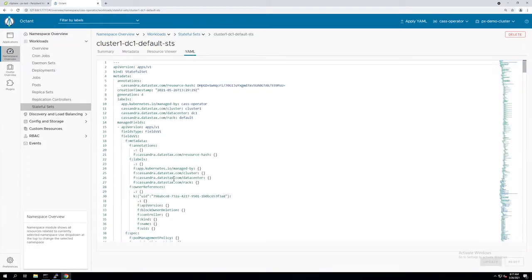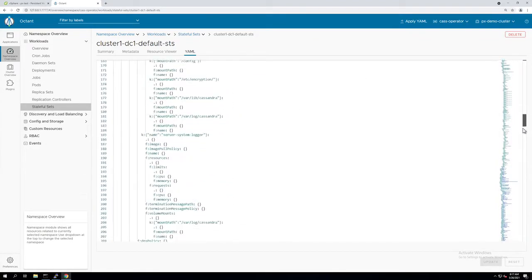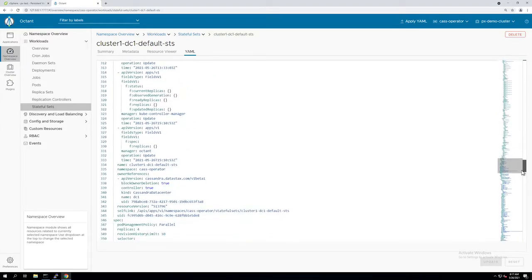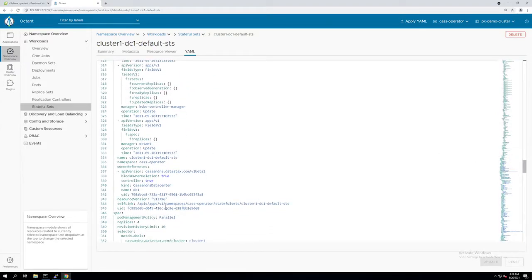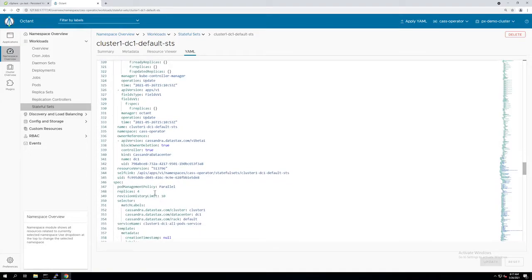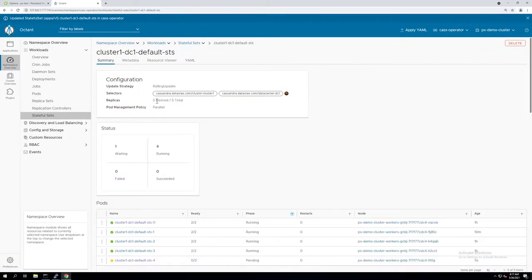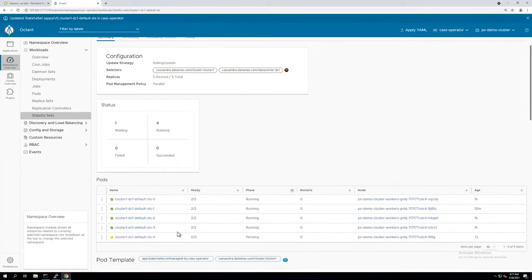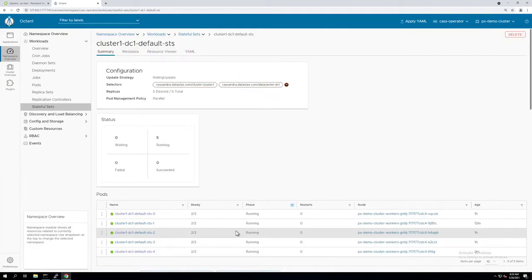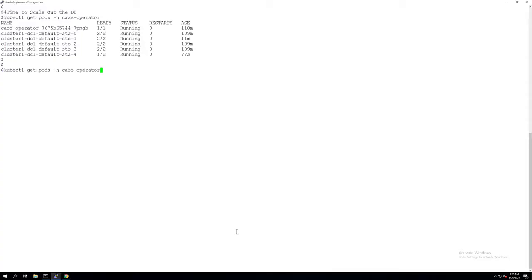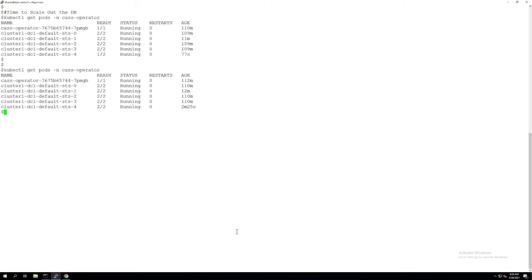We'll navigate to the YAML tab, which lists the entire configuration file for the stateful set, and we'll find the spec section. Here, as you can see, we have 4 different replicas that were provisioned as part of day 0 operation. We'll just increase it to 5 and hit update. This basically means that I'm adding one more node to the Cassandra database instance. This will provision a new pod and a new persistent volume on the backend. Portworx will ensure that it has 2 replicas for that persistent volume.